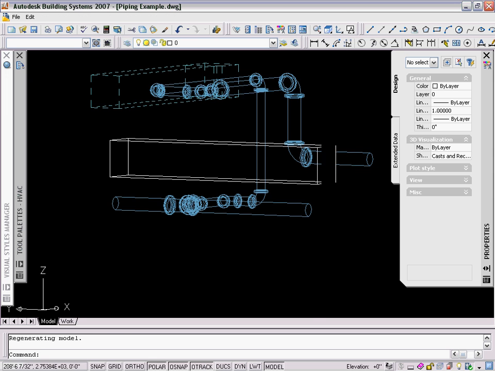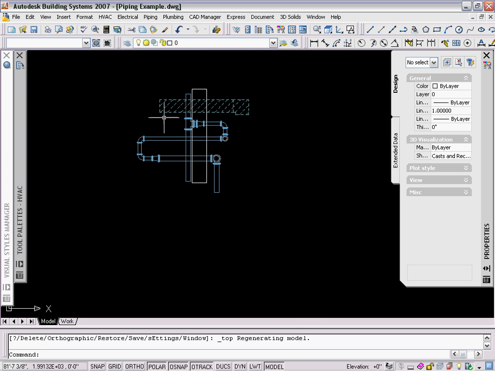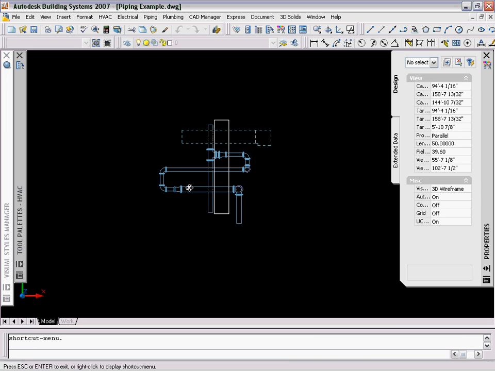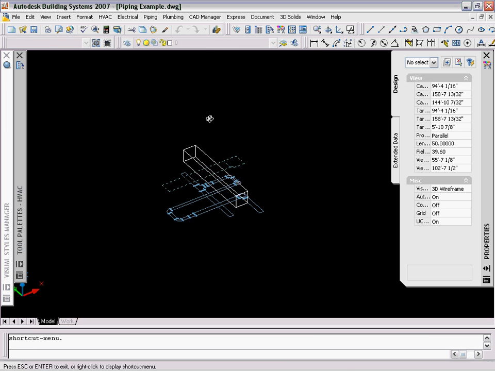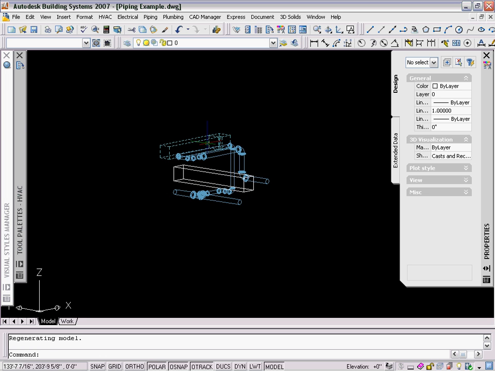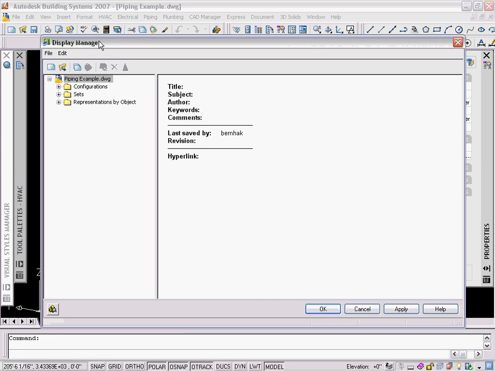So you can best illustrate this flattening effect by switching immediately to an orbit mode while looking in plan, and you'll see that that is indeed a flat object. As soon as I regen, they now have size to them and elevation, and the reason for this is the way the display configuration is set up. So if we go into our display manager,